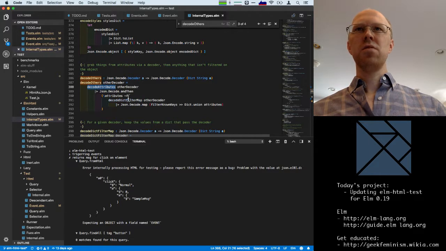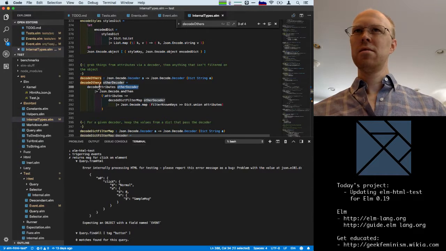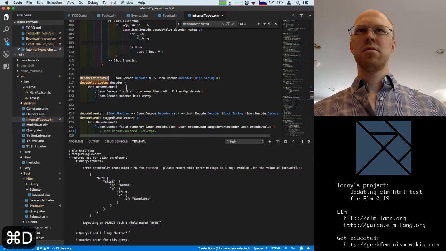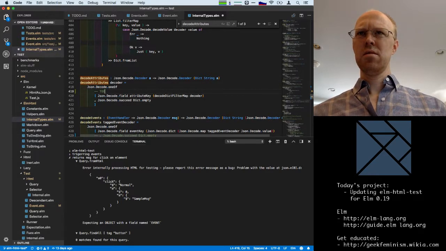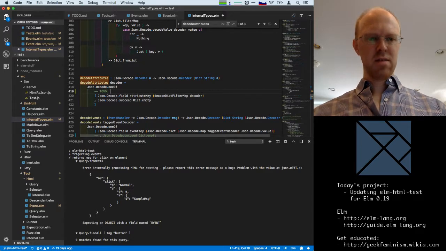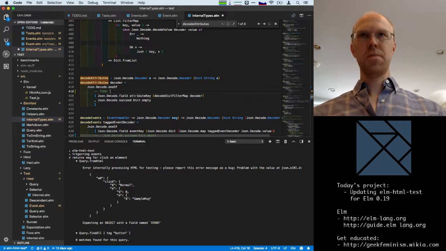It calls decode attributes with the other decoder. I mean, we definitely have some tests already that have checked for attributes, but is this like an extra code path? Not really sure what this one's for.